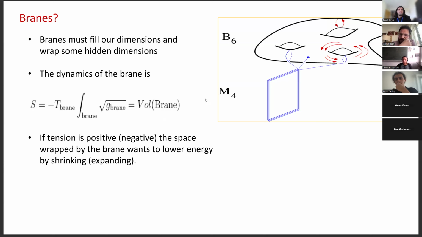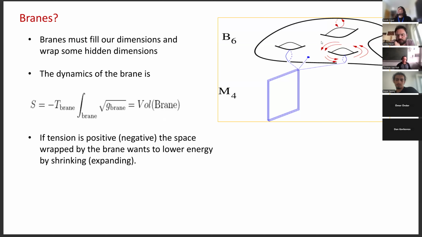And so what you do to take a brane, you take a brane which at least has 3 dimensions. And then the remaining dimensions of the brane are wrapped around the compact dimensions. And then it's just rubber sheet physics, right? If the brane has positive tension and you wrap it around those dimensions, it's just like an elastic band. It wants to contract those dimensions. So it gives you an extra force on top of the flux force and on top of the curvature of